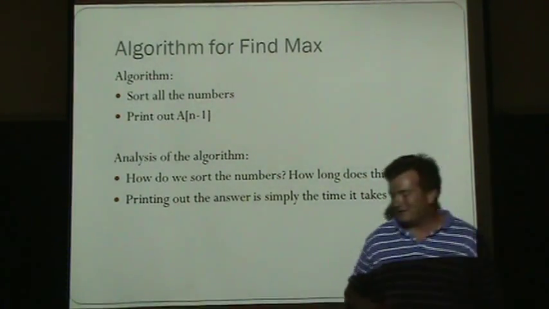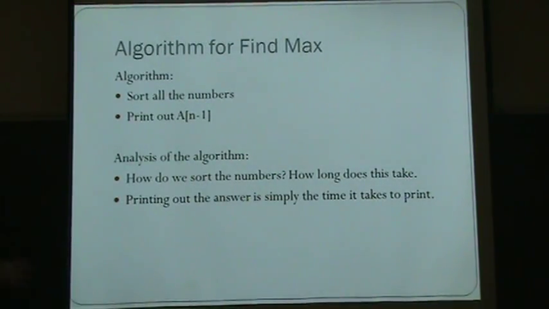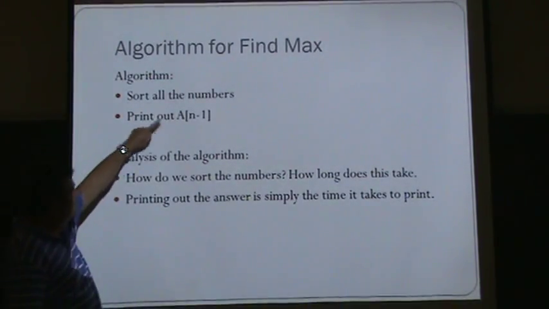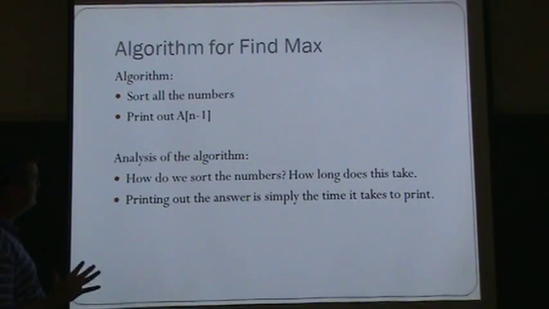Okay, so now here's a suggestion. I always like to suggest a crazy algorithm, just like driving to San Francisco to get to New York. Here's the algorithm. Step 1, sort the numbers. Step 2, print out the highest number. That was your algorithm. But I want to do a crazy sorting algorithm.